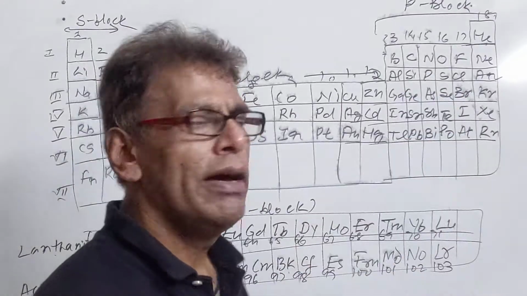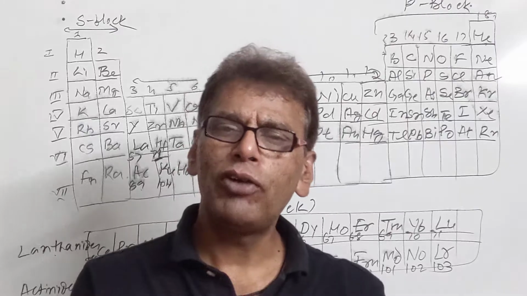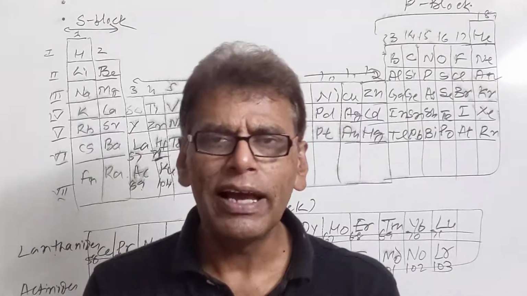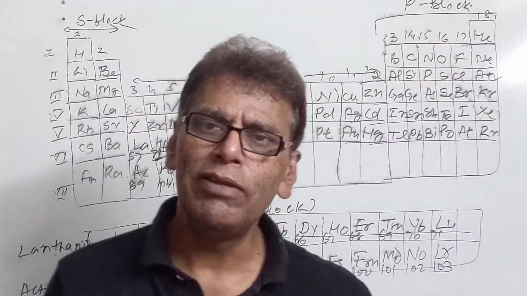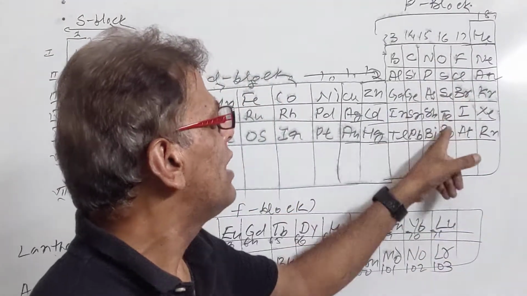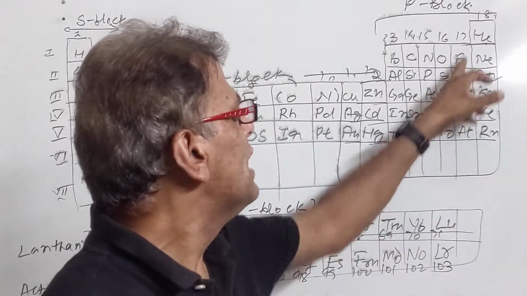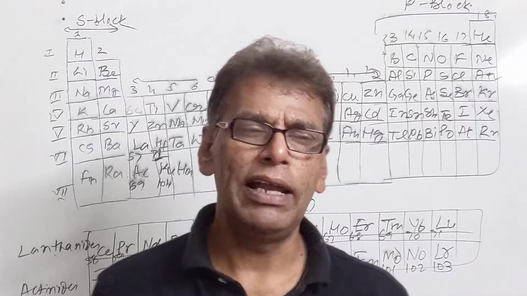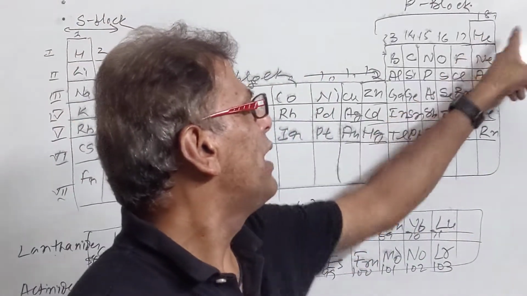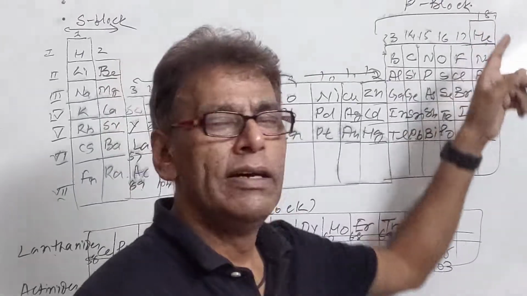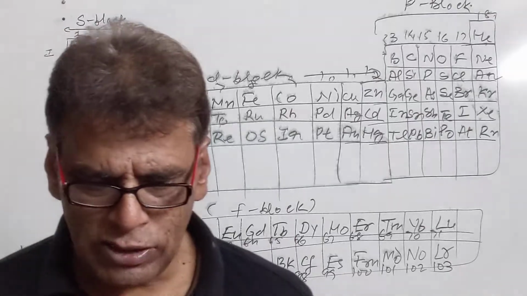Then we have the nitrogen family, having 5 electrons in the valence shell. Subtract 5 from 8, because they need 8 electrons to complete their octet. Subtracting 5 from 8, their valency will be 3. In this case, they have 6 electrons in the valence shell. Subtracted from 8, you get valency 2. In this case, they have 7 electrons in the valence shell. Subtracted from 8, you get valency 1. Subtracting 8 from 8, the noble gases have 8 electrons, so they will have 0 valency. So this is regarding the valency of these elements.